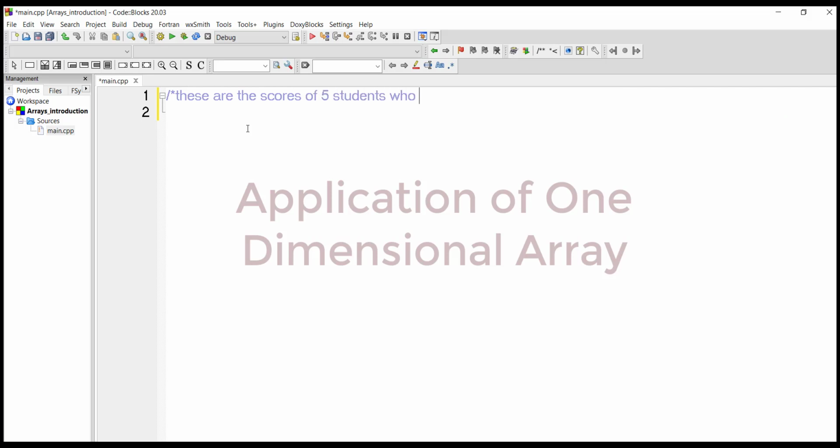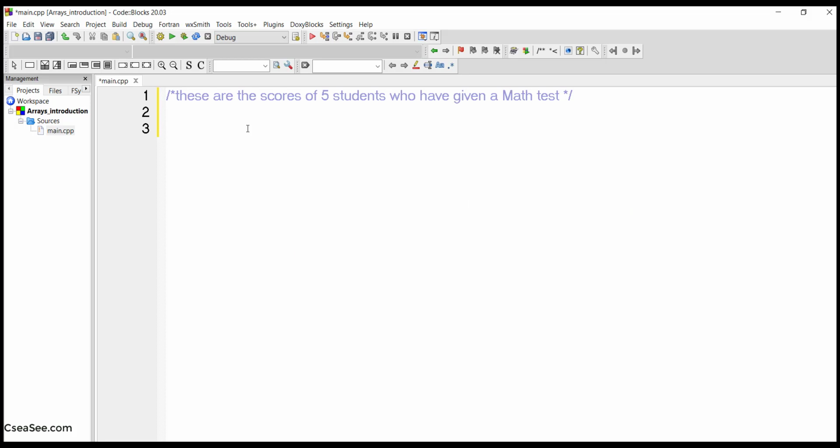who have given a math test. We are going to use an array to get the data and then to display the data. So let's do that. I'm going to start with include iostream, using namespace std,